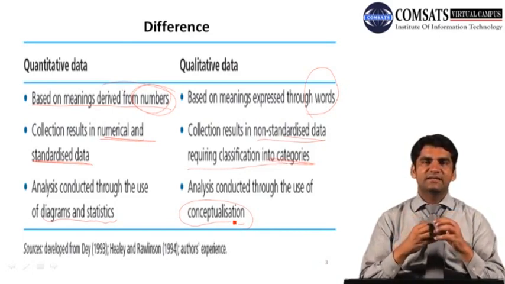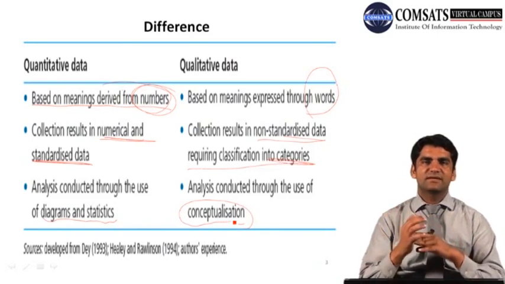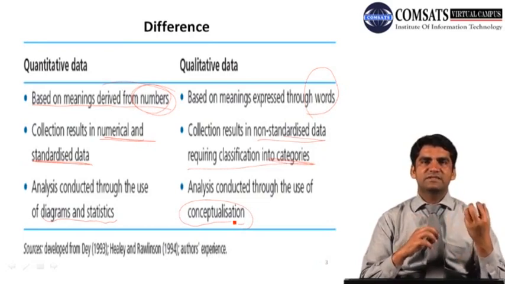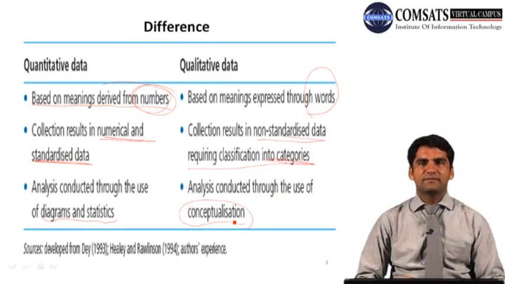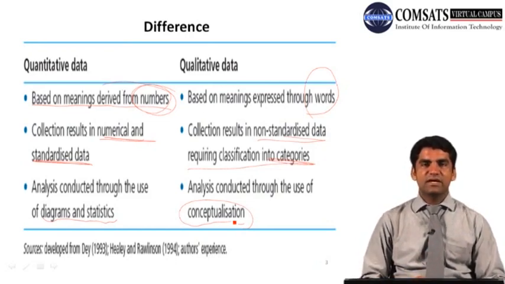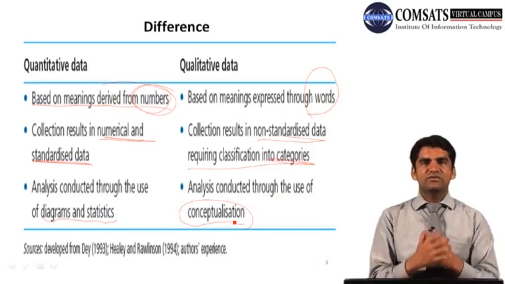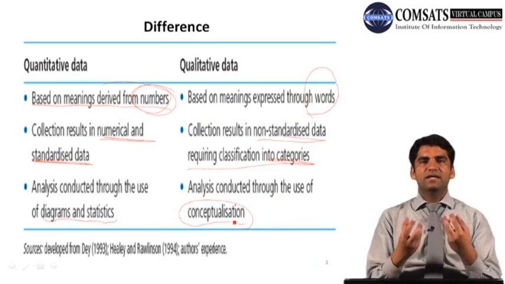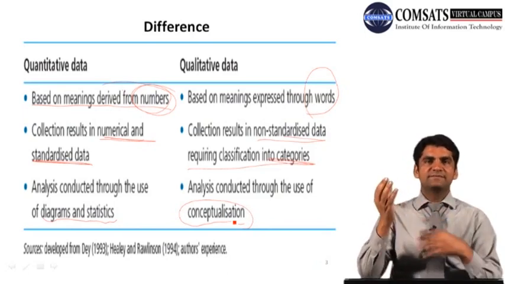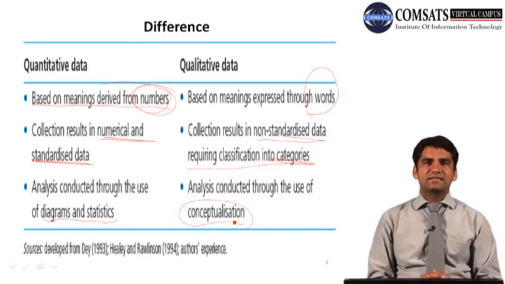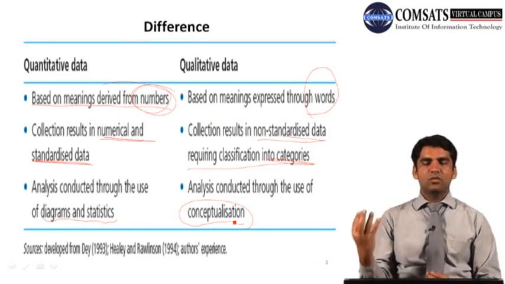You have done this or that kind of analysis using this or that kind of data, and you are coming up with confirmatory analysis results showing whether your hypothesis is accepted or not. If this is the case, this is called quantitative data analysis. That's why we say that whenever we do quantitative data analysis, we always derive meanings from numbers. We use numbers to analyze, and based on that analysis we get something out of it.